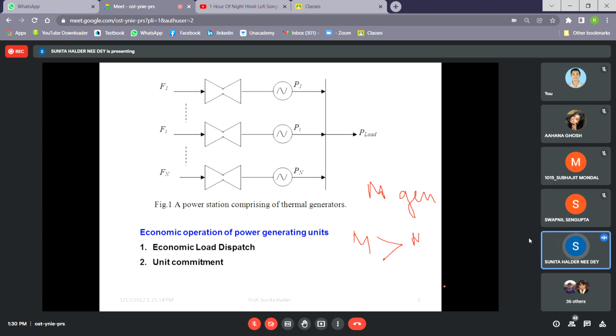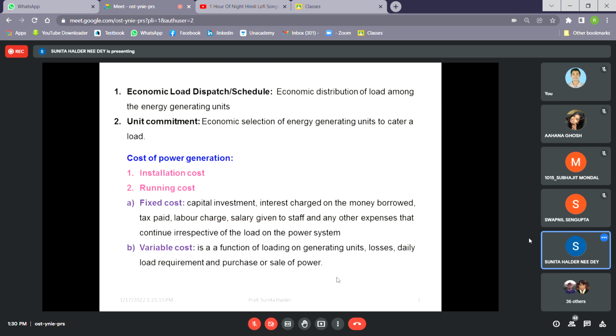I hope the concept of economic load dispatch and unit commitment is clear to you. I think in the introductory part of any book you will get it. If you do not get unit commitment, then search in Google. I think that will be sufficient for you. I have written in short here for your understanding what is economic load dispatch and what is economic generation schedule or economic load schedule. Now, here we shall concentrate on the economic load dispatch. So, economic load dispatch means we shall load the generators economically. So, for that reason, at first we have to know the cost.